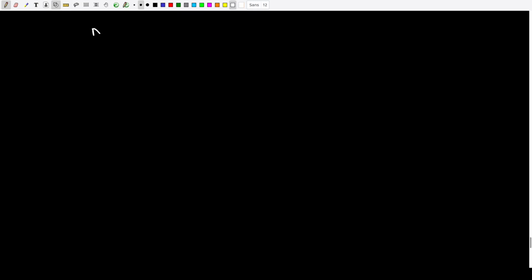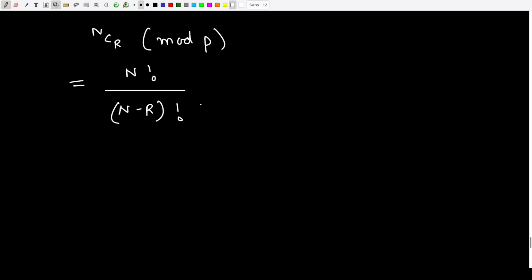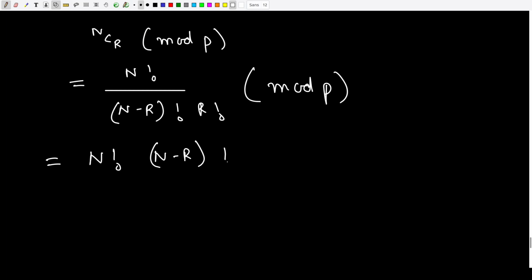So over here we want to compute nCr modulo p. Now nCr is essentially n factorial divided by n minus r factorial and r factorial, and then we want to compute modulo p. Now this is essentially equal to n factorial, and this becomes n minus r factorial and the inverse of this, minus 1. Similarly, 1 by r factorial becomes r factorial and the inverse of that, which is minus 1,